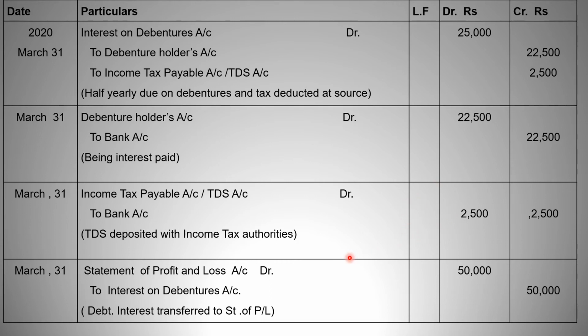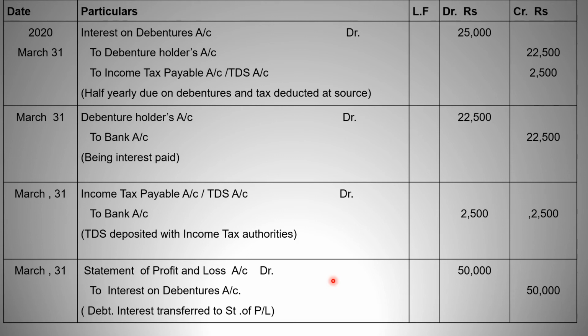Now after that, end of the year, company have to show that entire interest, like entire interest 25,000 plus 25,000, 50,000, that have to transfer to a statement of profit and loss account. So therefore, statement of profit and loss account debit to interest on debenture account. I already told, like interest on debenture, it is a charge against profit. Irrespective of the company's earning profit or loss, more profit, less profit, no profit, then also that interest have to be charged. That is interest on debenture or any other charge against profit, salary, depreciation, these are all items. It is called charge against profit.